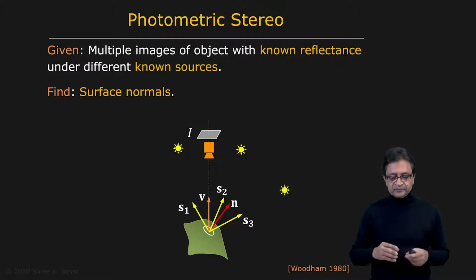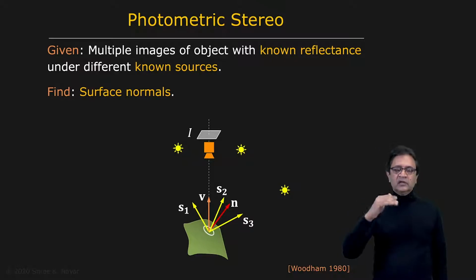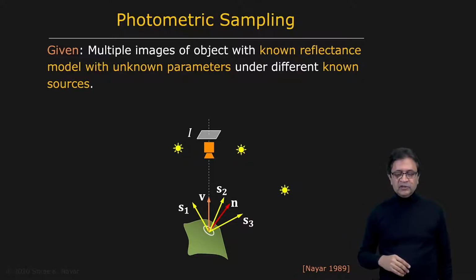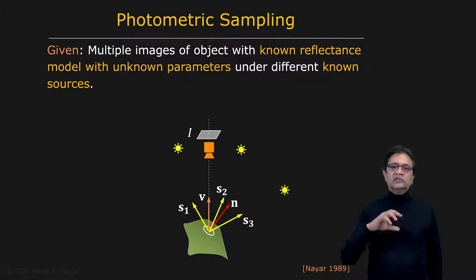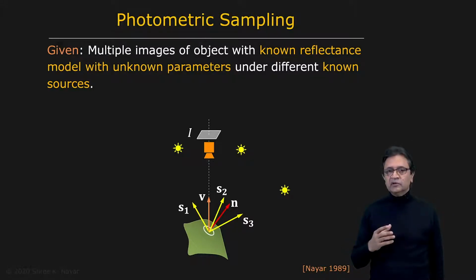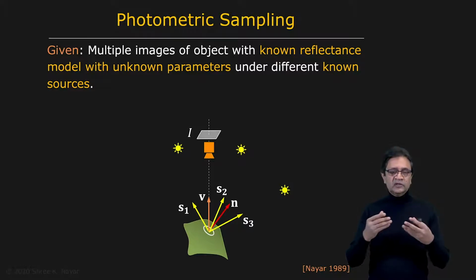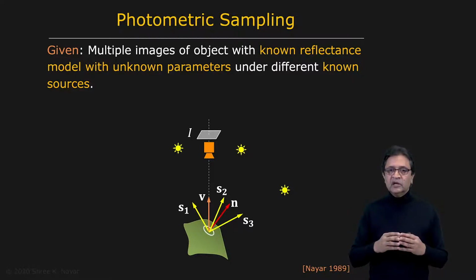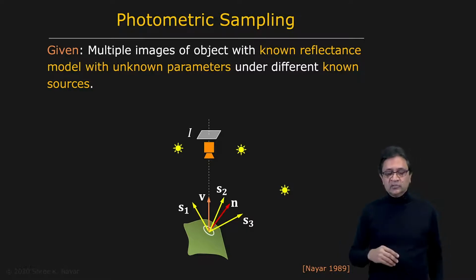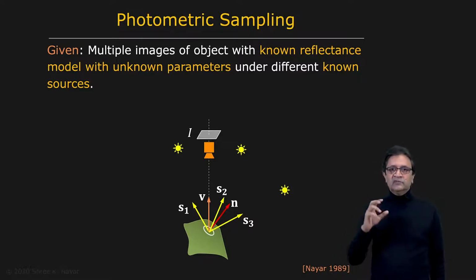So now, let's go for a slightly more ambitious problem here, which is assume that you know the reflectance model of the surface. Remember, the reflectance model from our previous discussion can be made fairly flexible. It can have a diffuse component, it can have a specular component with a set of parameters. So with a handful of parameters, 2, 3, 4 parameters, you can have a fairly sophisticated reflectance model that subsumes a very large number of materials that we encounter in practice. So let's say we have this kind of a reflectance model, but we don't know the parameters of the model.